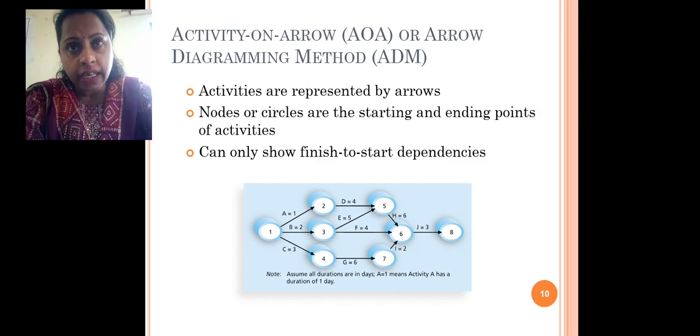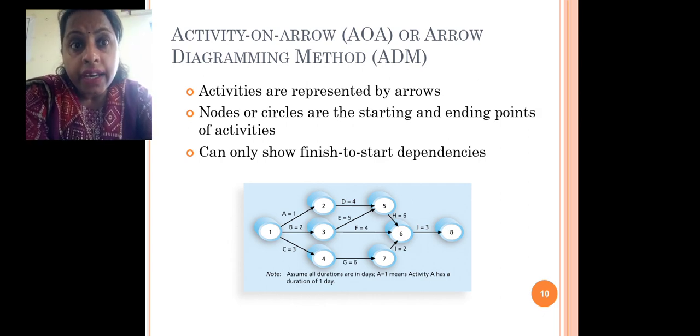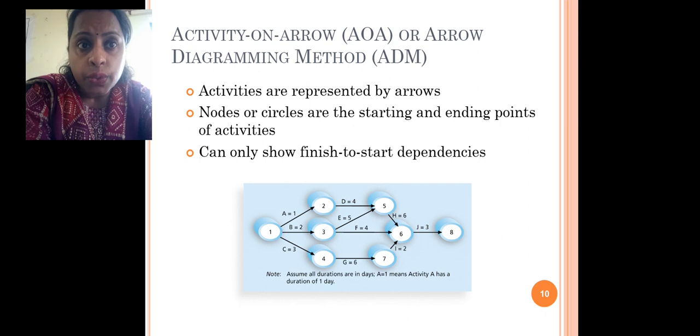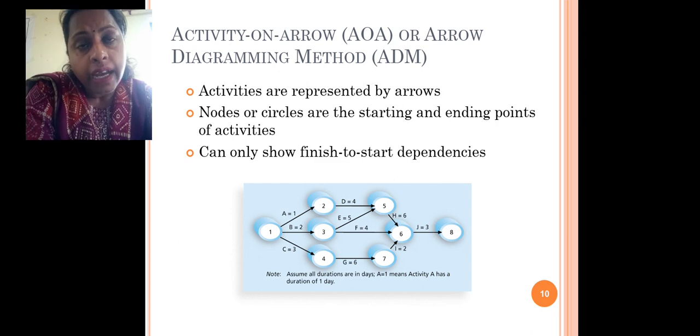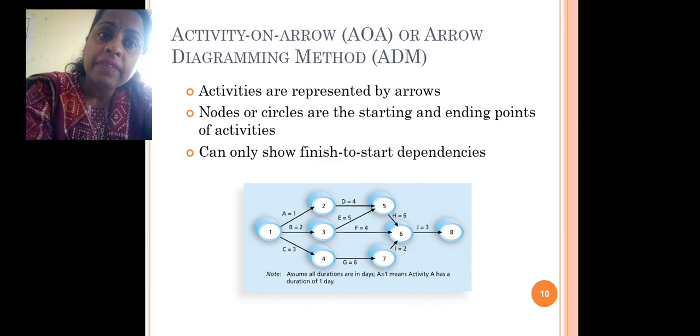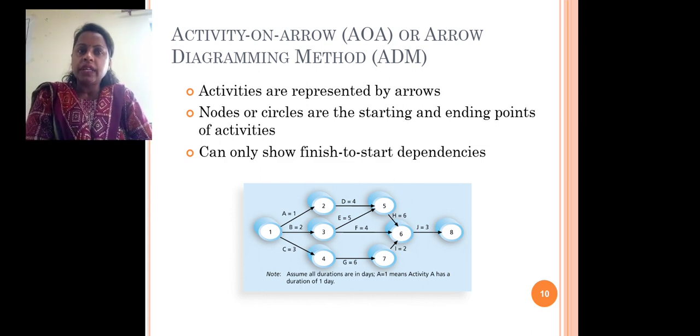So in the previous slide we were discussing the events. So here you can see 1, 2, 3, 4, 5, 6, 7, 8. Numbers given in the circle are known as the events. Event number 1, event number 2, event number 3. So activity A is starting from event number 1 and ending on event number 2. Activity B is starting from event number 1 and ending at event number 3. Here activity C is starting from event number 1 and ending at event number 4 and